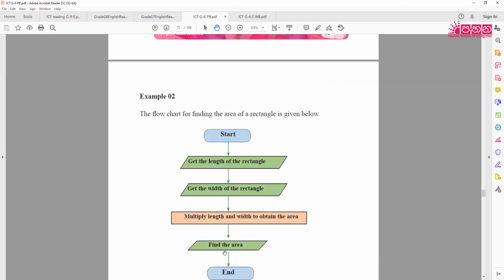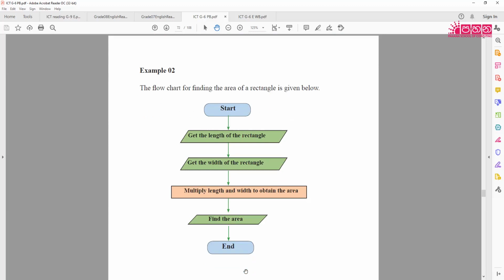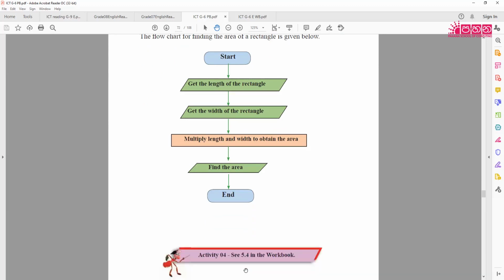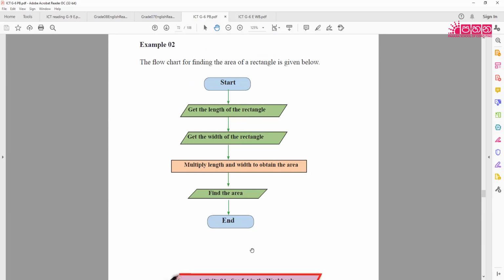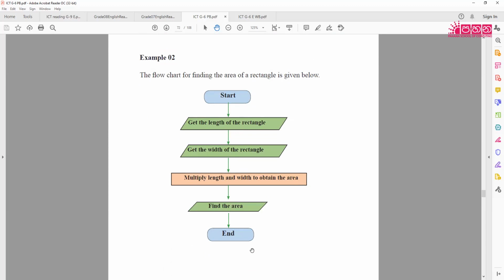Right, then next is the area, or you can output, or you can say here. And then finally, you will have the end, right? So I hope you got the basic idea of how you may draw flow charts. Let's do a couple of exercises to put this into practice,